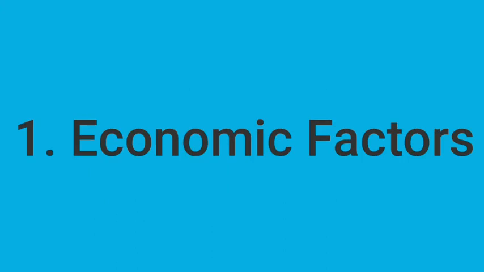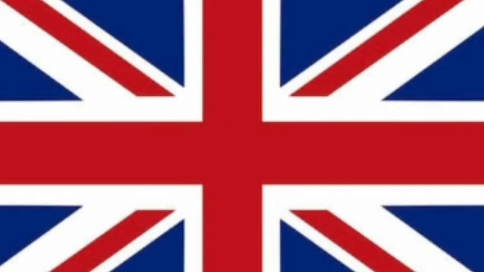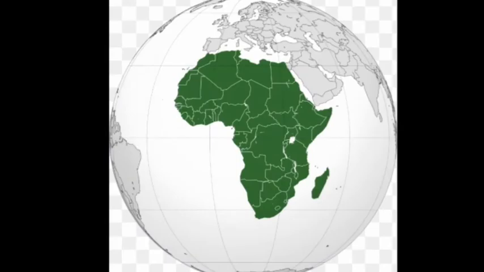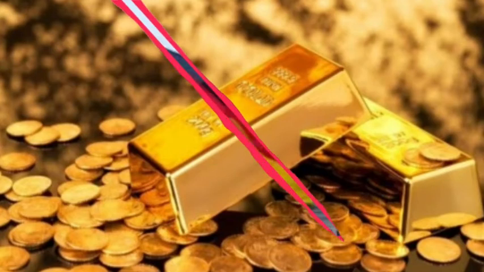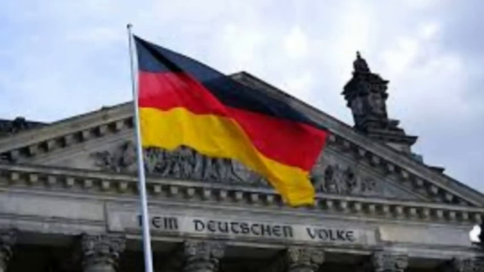The first factor is economic factors. During 19th century, England had established its colonies in vast empire in Asia and African provinces. Due to the industrialization and colonization, England acquired huge wealth from these Asian and African countries. Thus, in the last part of 19th century, Germany also entered into this competition and became a strong opponent for England in Asian and African markets.